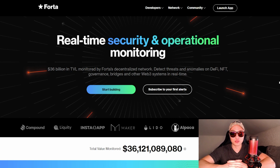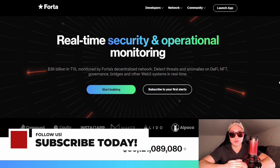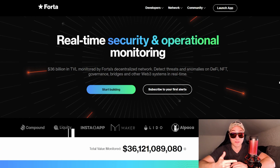Now today we're going to be talking about Forta. It is one of the best, if not the best, real-time security and monitoring networks out there for helping you secure and monitor your wallet, stopping hacks or malfunctions of exchanges, other blockchain networks, and a lot more implications and